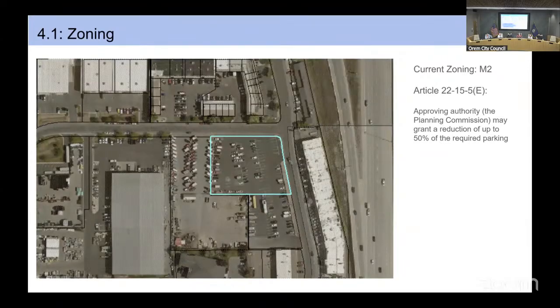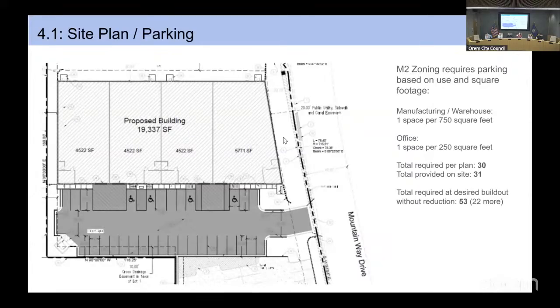Let me get a little picture here to show you. There's a building that says proposed, but this is actually built now and developed with this much parking. It's in the M2 zone. It was built as a flex warehousing and office building. Office spaces are required one space for every 250 square feet. Warehousing and manufacturing, one space for 750 square feet. So this was built with those square footages in mind and provided 31 parking spaces to meet and just barely